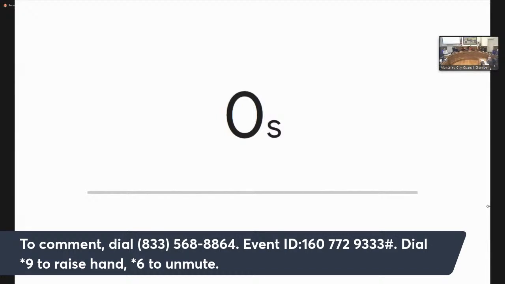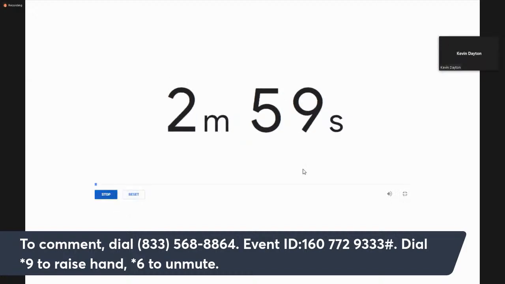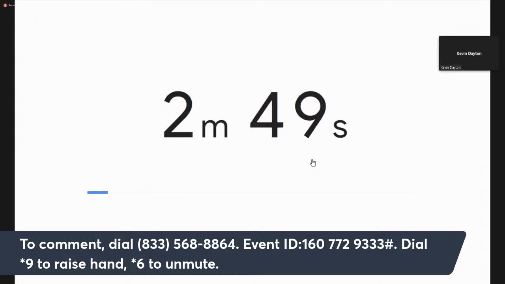And our next speaker is Kevin Dayton. Hello, Kevin Dayton, Government Affairs Liaison for the Monterey Peninsula Chamber of Commerce. Just wanted to thank the City Council for the latest effort to analyze how we can keep the military bases in the area, looking at possible conflicts with land use and resolving those.